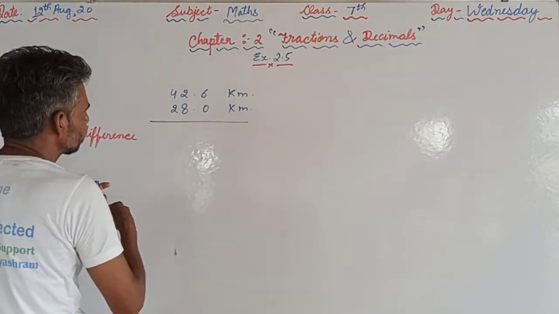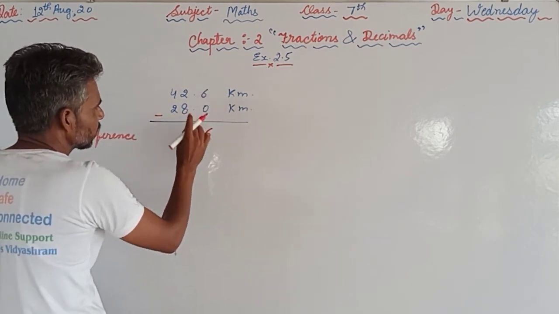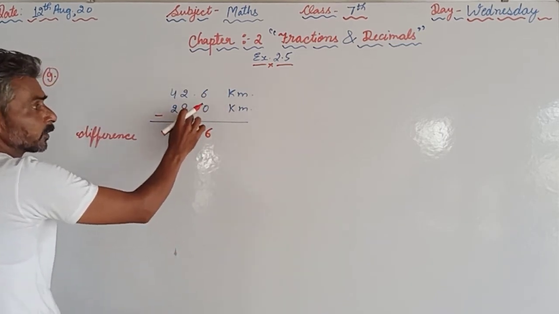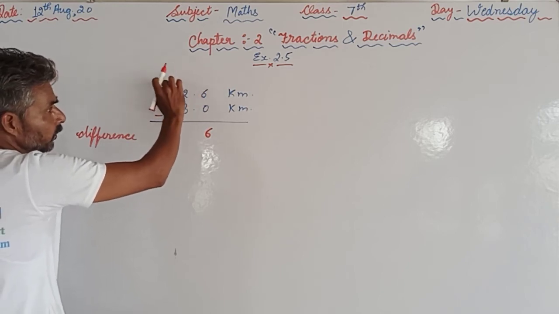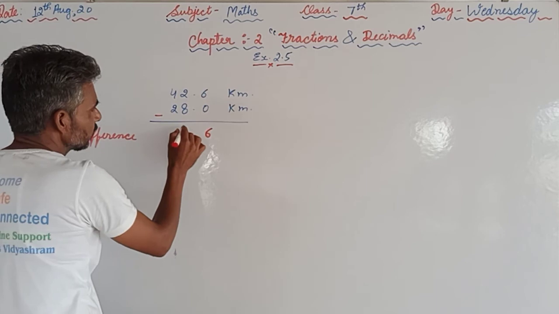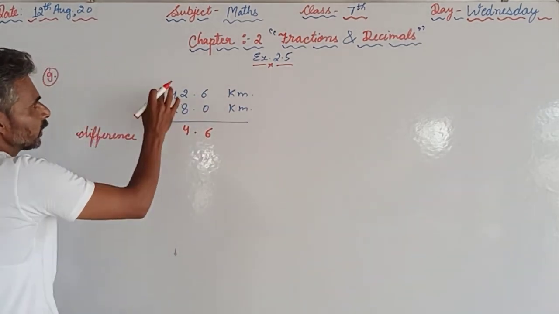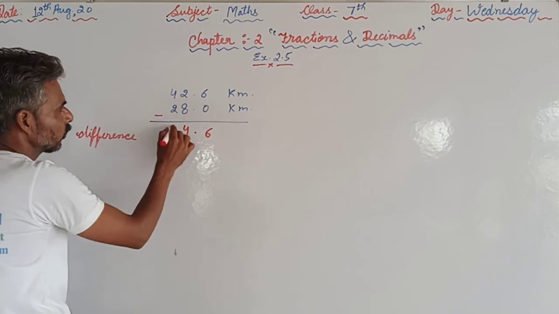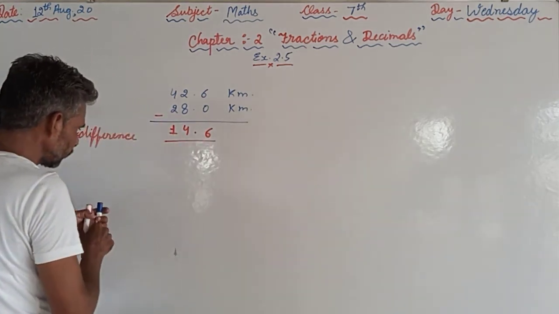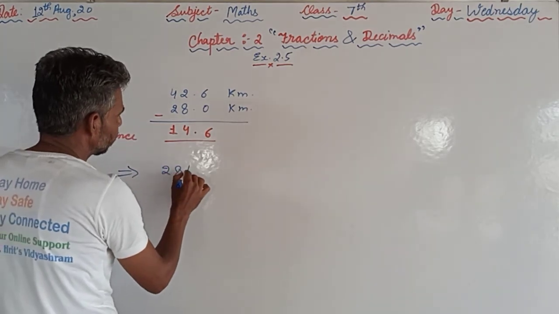So to find the difference, we are supposed to subtract. 6 minus 0, 6. Here 2, 8 cannot be subtracted from 2. So we will borrow 1. If we borrow 1, then it becomes 12. 12 minus 8, that is 4, and vertically downwards there will be the decimal. Here 3 is remaining, 3 minus 2, 1. So in the answer we can write 28 kilometer